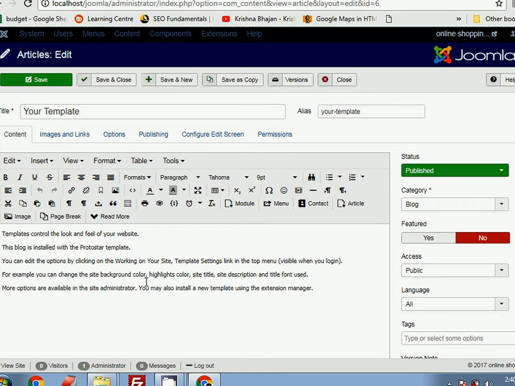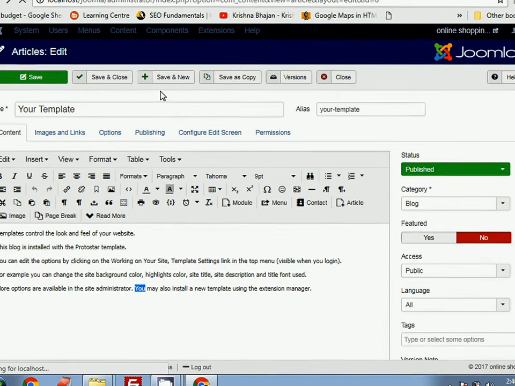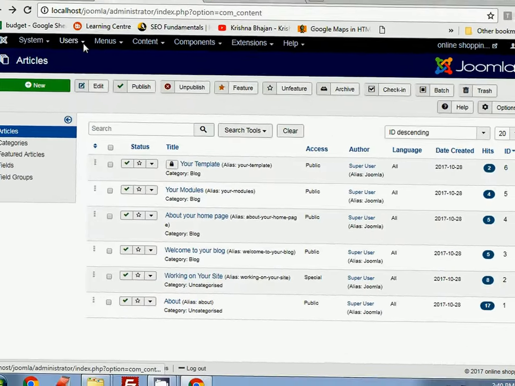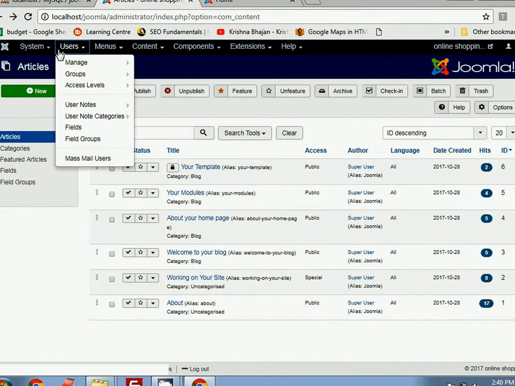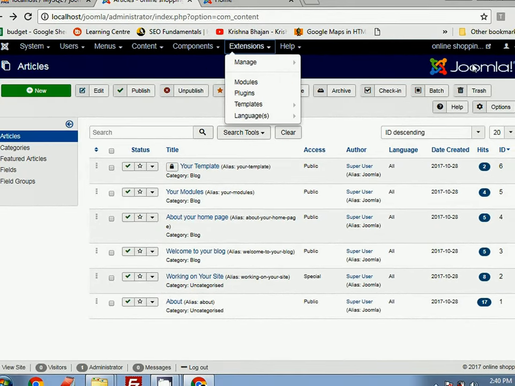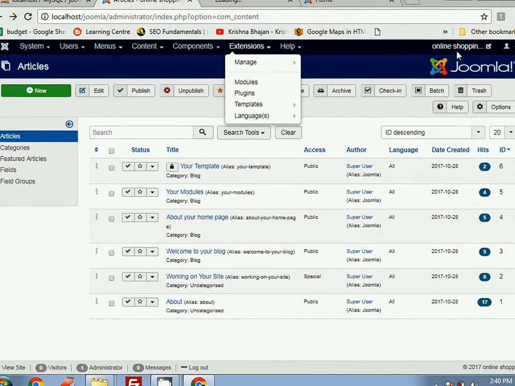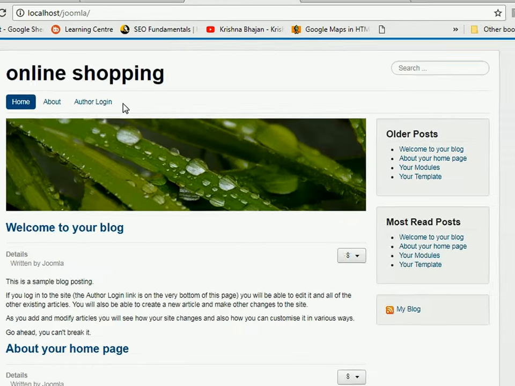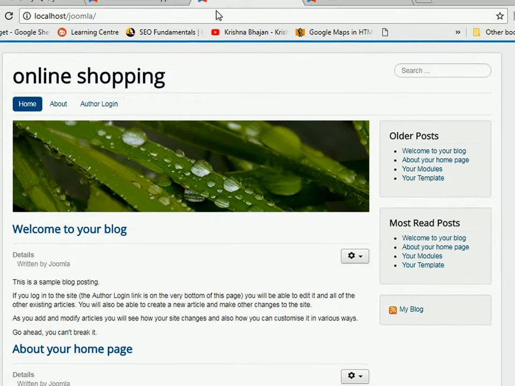So basically you can create articles, you can create menus. Like you can see that here we have menus. If you go to the front end part of this, already created menus are top menu, home, about, author, login.